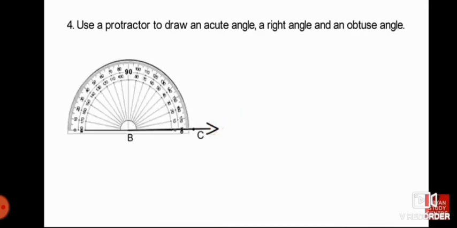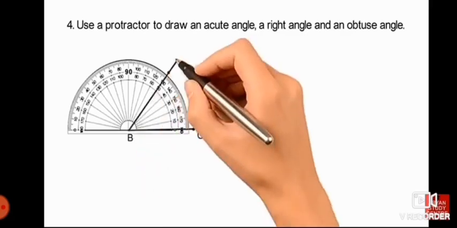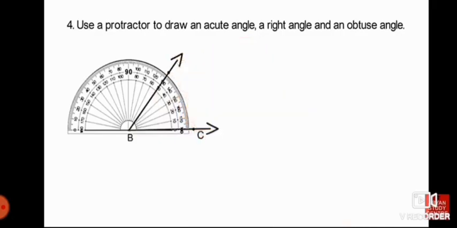Now at point B I'll keep the protractor and our ray is at the right hand side. So we'll see inside 0 and we are going to take any measurement. But what should be the measurement? The limitation is it should be less than 90 degrees because we are constructing an acute angle. So below 90 degrees, I have taken a measure of 50 degrees. I will mark it and then remove the protractor and draw an arm. Then I will get angle ABC, which is an acute angle.